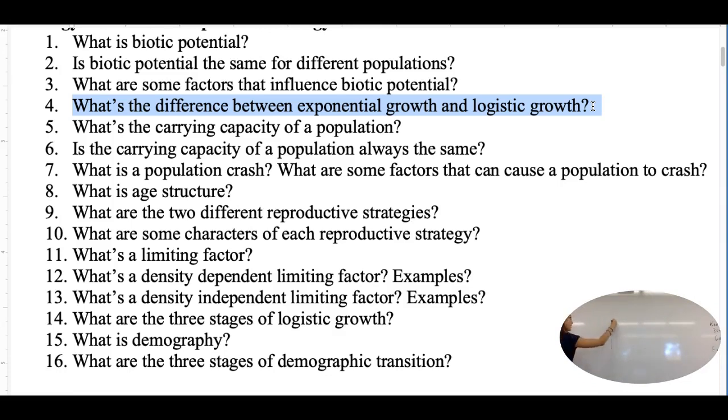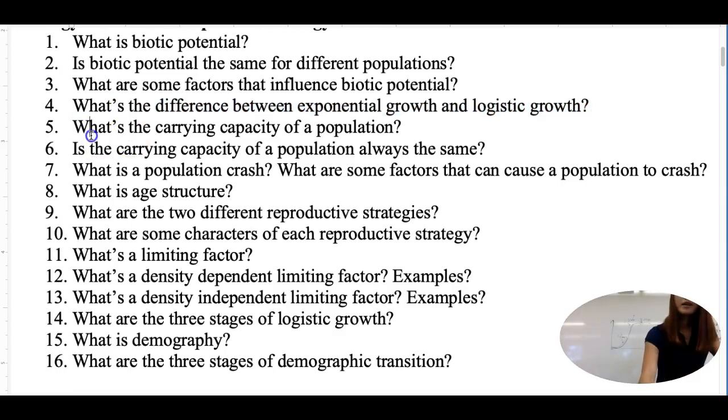So if you were to have a graph that looks like this, that will be an exponential growth. But if you had a graph that looks like this, that will be a logistic growth, right? So logistic growth is when you have the first phase where the population grows really fast, and then the second stage where the population growth slows, and then the third stage where the population growth stops, right? So by the time you get to the third stage, the population could still be growing, but it grows a lot more slowly compared to the previous time.